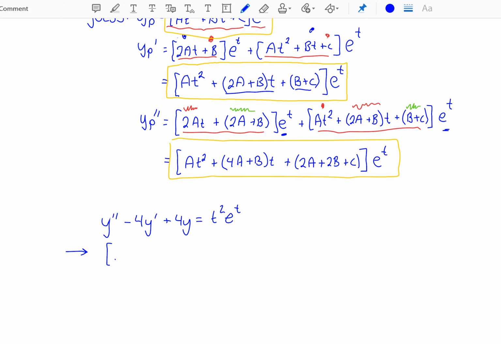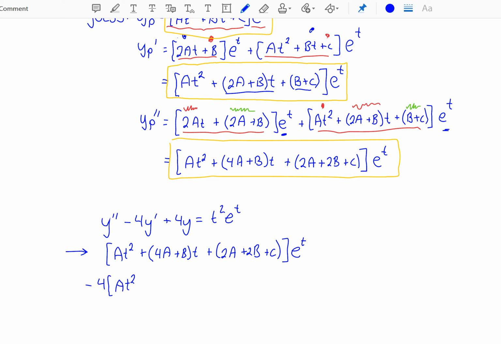So I'm going to write it as the a t squared, 4a plus b times t, 2a plus 2b plus c, e to the t. Now it's going to be minus 4 times your first derivative,